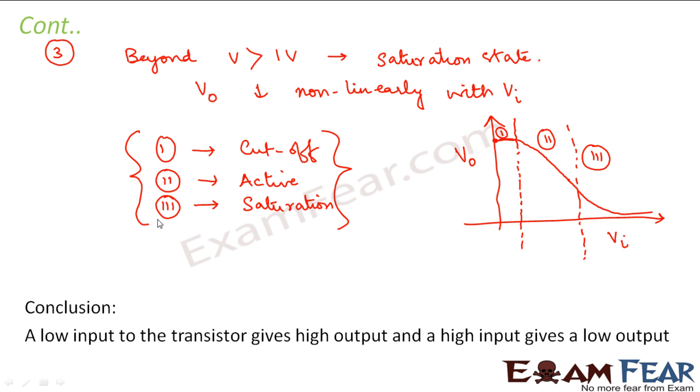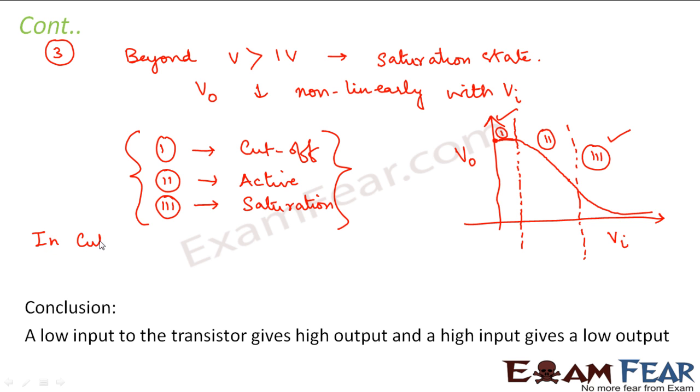Now if I say that I want this transistor to act as a switch, what is a switch? It is basically, if you switch it on, it will instantly change. When you switch it on, that means you are changing the input voltage. As soon as you change the input voltage, there should be an instant change in the output voltage. Similarly, when you switch it off, there should be an instant change in the output voltage, right? So if you look at this graph, the transistor can behave as a switch only in the cutoff zone and the saturation zone. Only in these two zones, the transistor can behave as a switch.